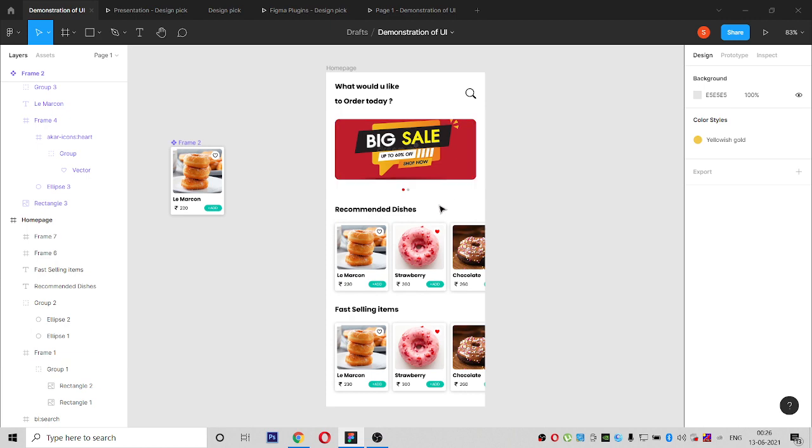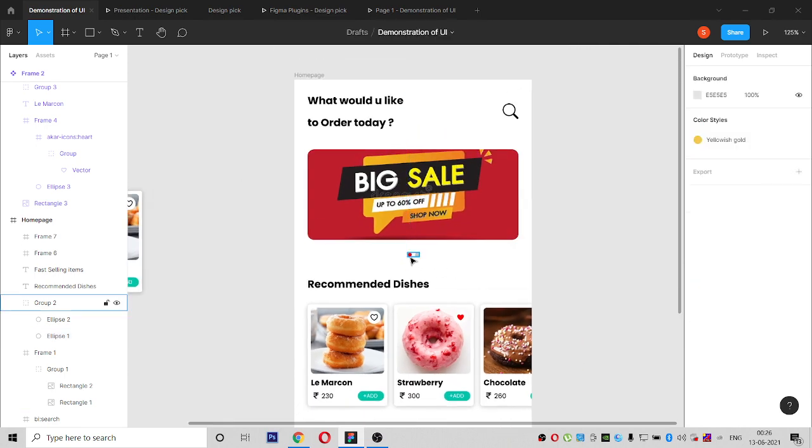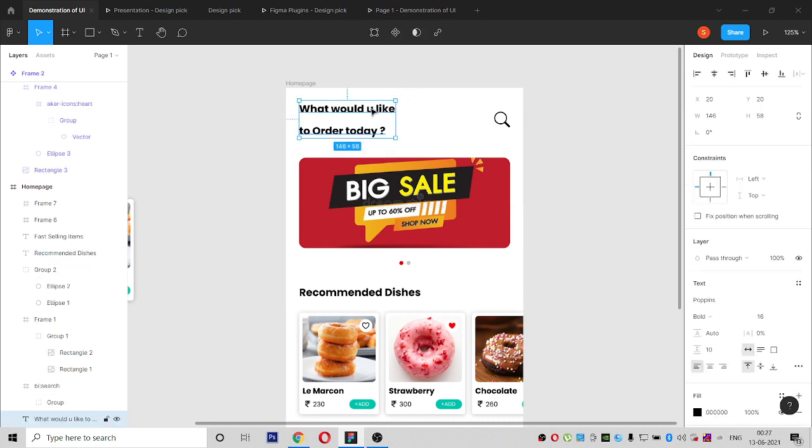Now we can add some colors that we are going to use. Here we have used red, right? It is not that we have to use red; it depends on what the client needs. For example, I will make this like to order two different colors.